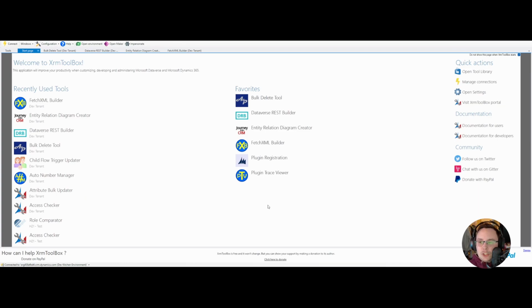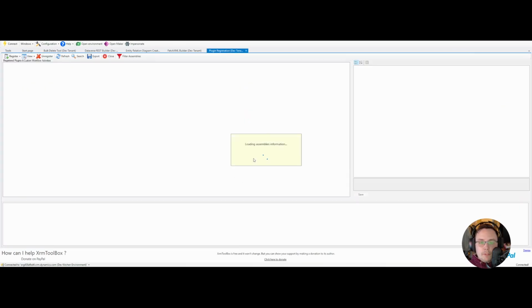Now we're moving into two tools that I would say work very well together. These are to deal with plugins. This is more of the Procode element in terms of plugins for Dataverse, in terms of pre-operation, post-operation plugins. But it's worthwhile noting that these are here because they can be very useful. So the first one is plugin registration. Now, there is a process for registering a plugin inside of